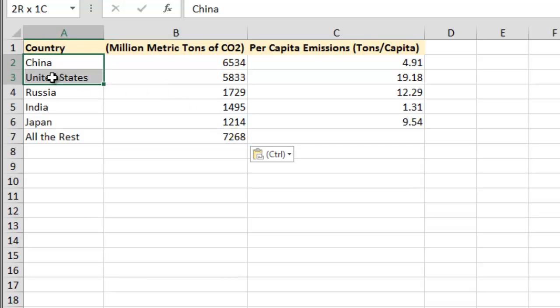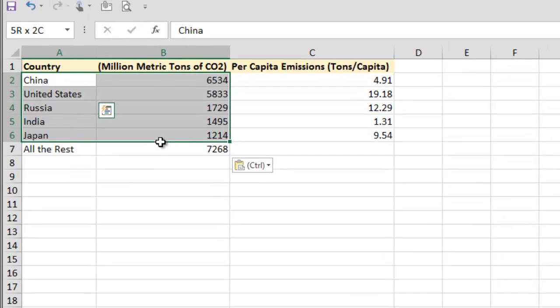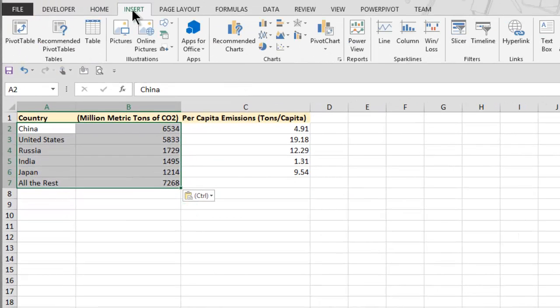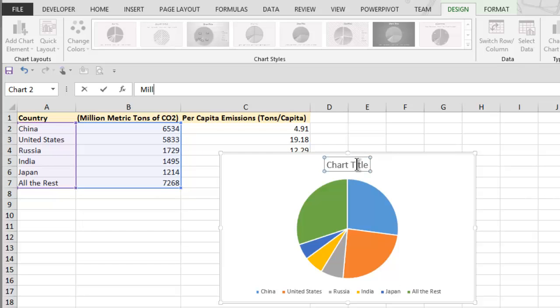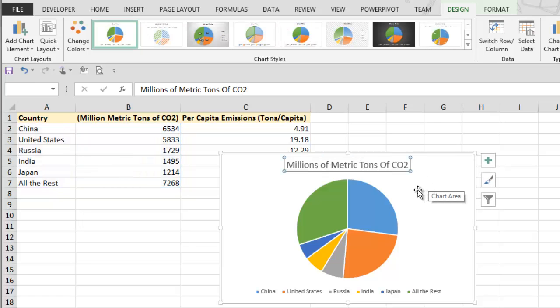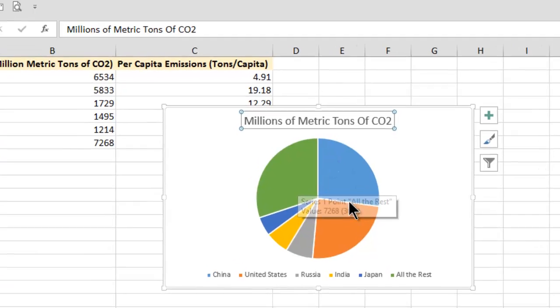And now if I wanted to, I could select these data values that I have here and maybe insert, let's say a pie chart. Just a standard pie chart. And so there's my pie chart. Maybe put in a title, millions of metric tons of CO2. And so there's my pie chart. I have the little legend across the bottom. I can't actually see the